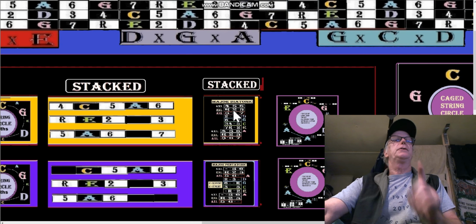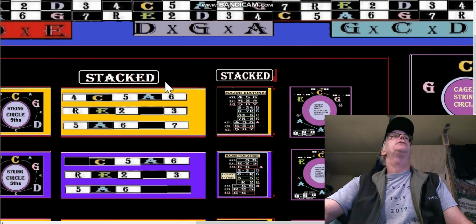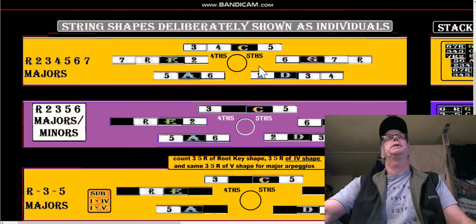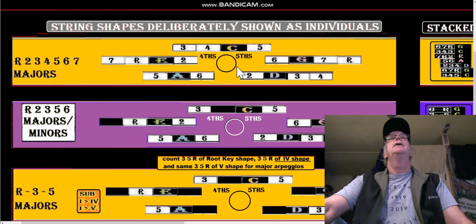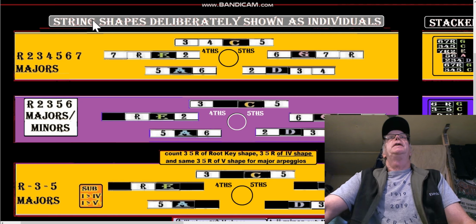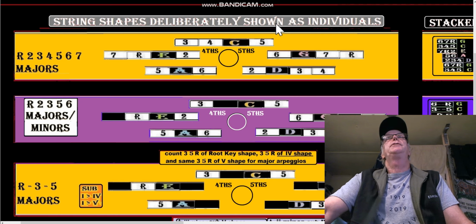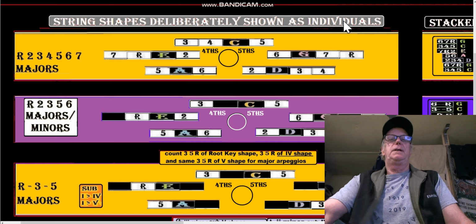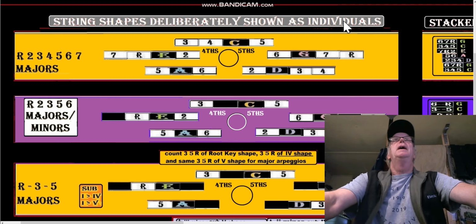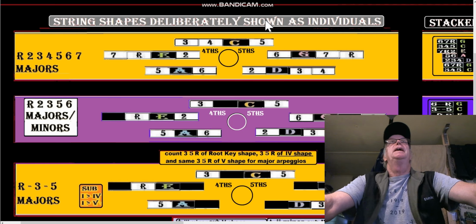But still, we haven't gotten to the crux of today's lesson, and that's why I'm moving along, and it seems like I might be abandoning some topics that we could just immerse ourselves in. So I've restructured these. These are string shapes deliberately shown as individuals. What does that mean? Well, what does that mean? Don't ask Levine. That's a joke, son. What it means is that I want you to learn these as individuals,